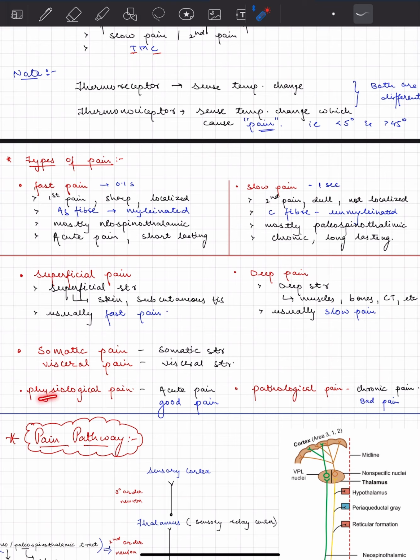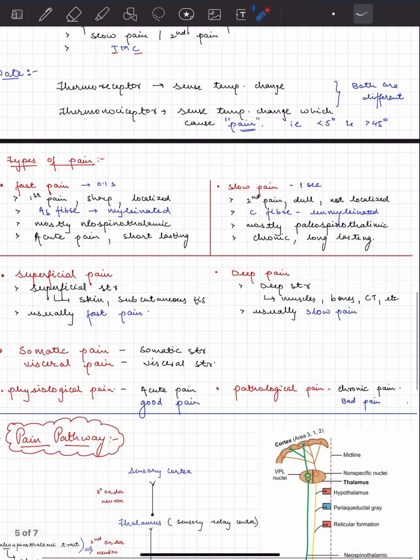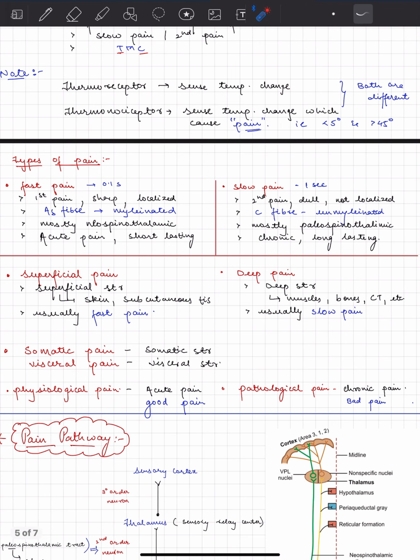Another classification is physiological pain or pathological pain. Physiological pain is good pain, because whenever there is a physiological defect it will cause pain, and physiological pain is the earliest indicator of morbidity, so we can treat accordingly. Acute pain is good pain. Pathological pain is chronic pain and bad pain. Further, the pain pathway